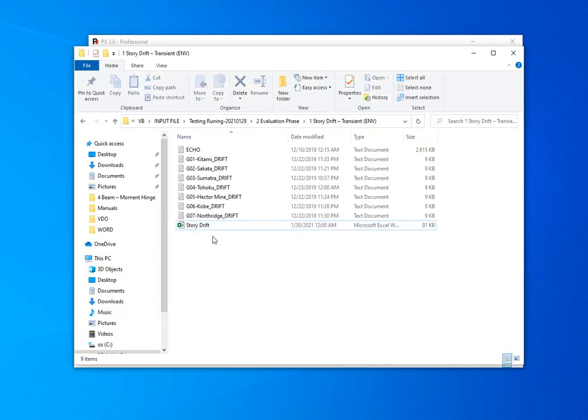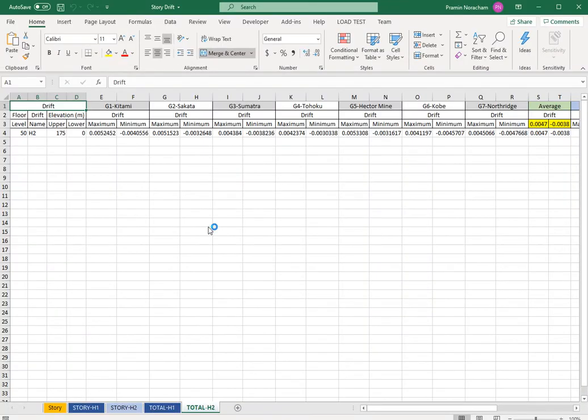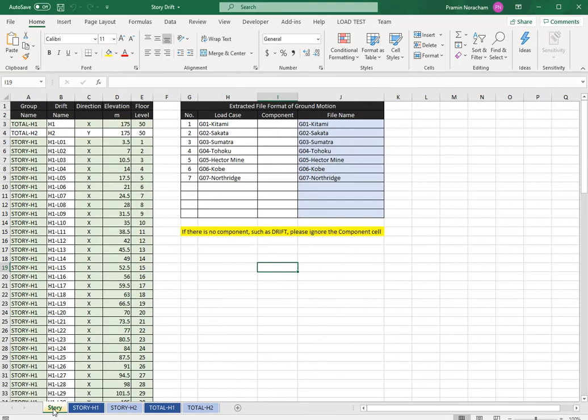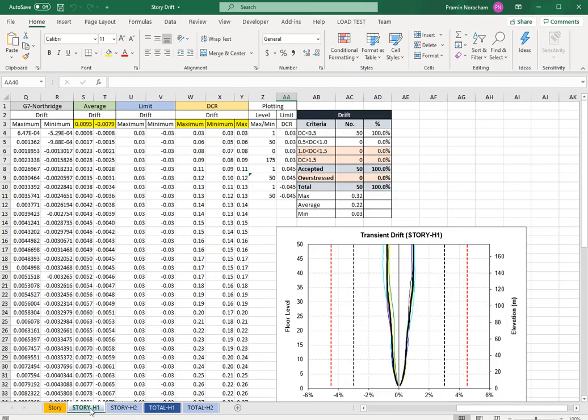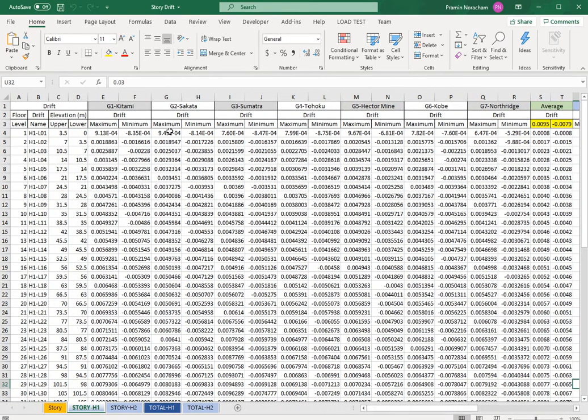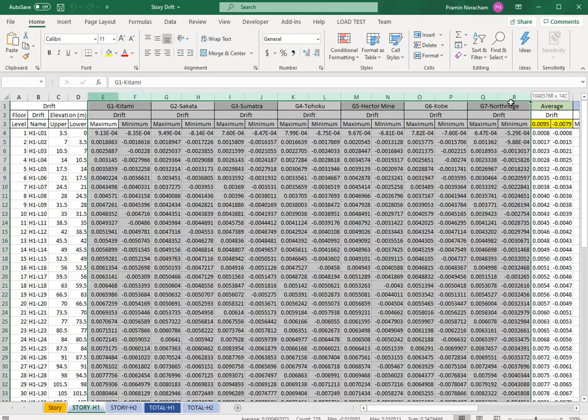We can go back to check the result. At the first time, you provide only this sheet. Now PX generates another sheet for you. This is a sample result of story drift based on 7 ground motions.